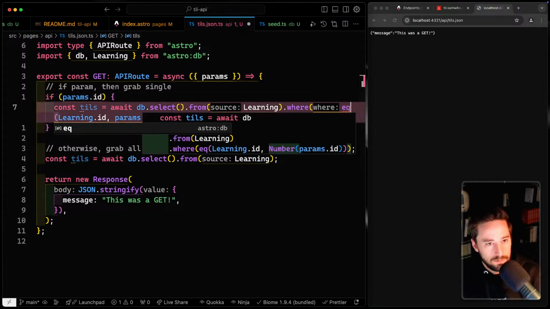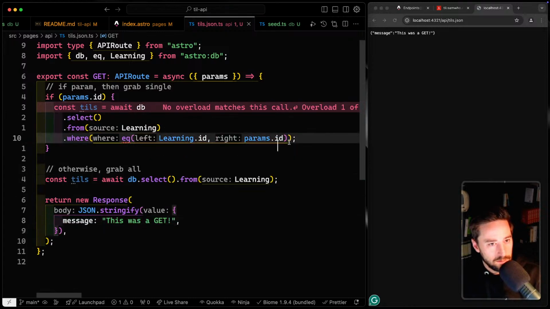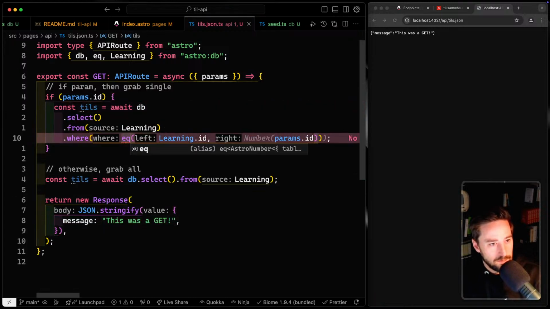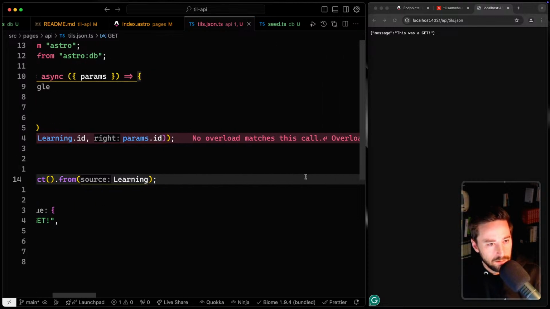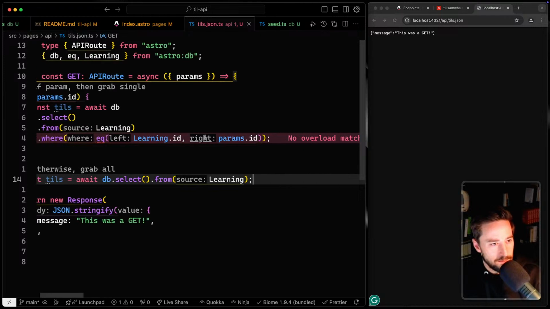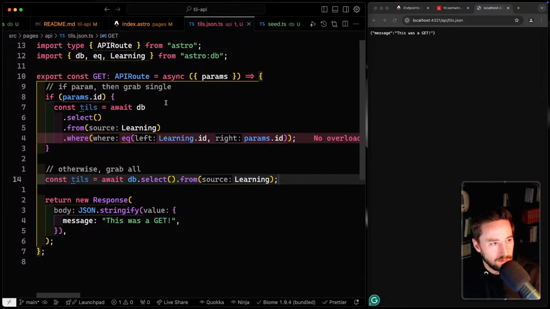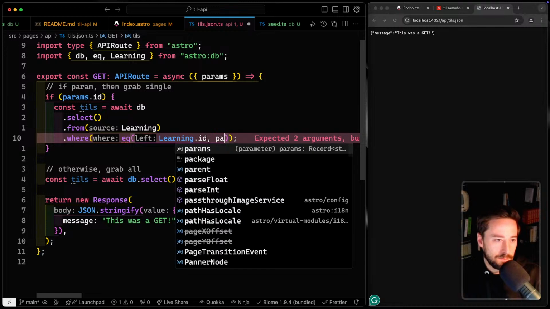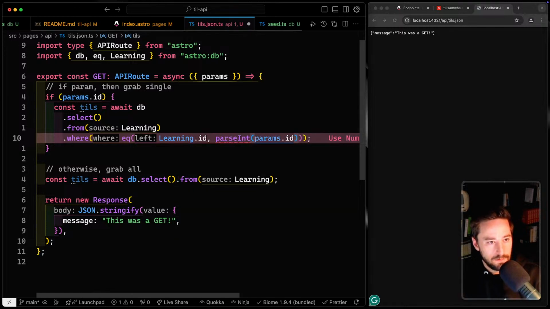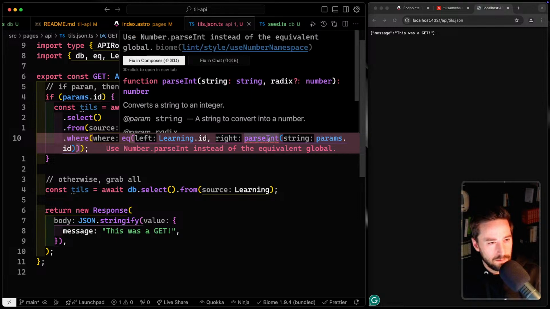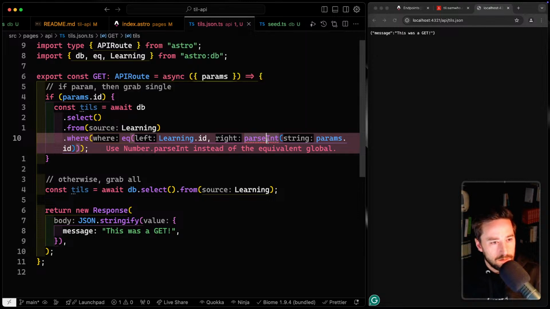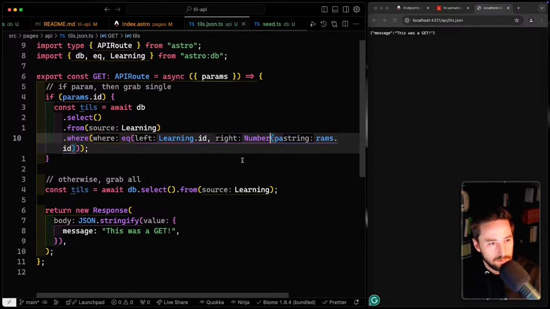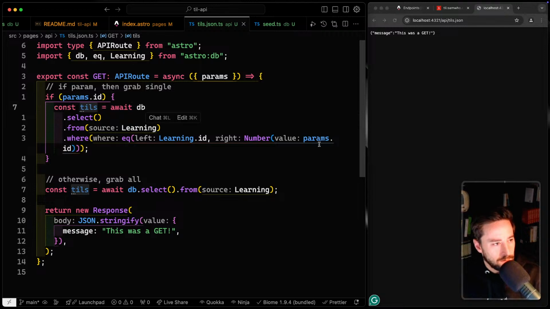Get this where it equals. That's correct. Param ID. Where learning ID equals params.id. This is a string, so I need to convert this thing to a number. Parse int. Right? I can use number, that's fine. Is that all it's yelling at me about? Okay. All right, so